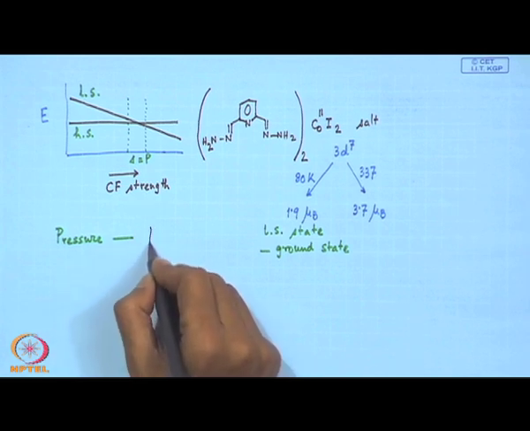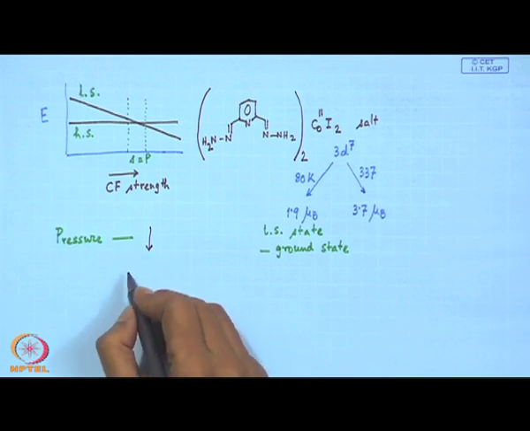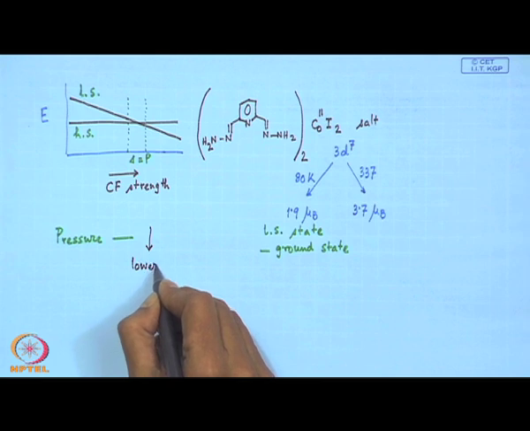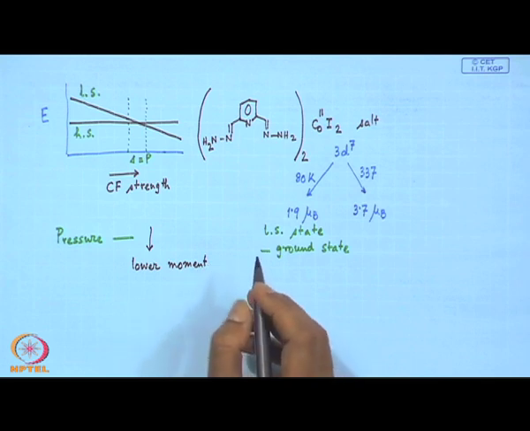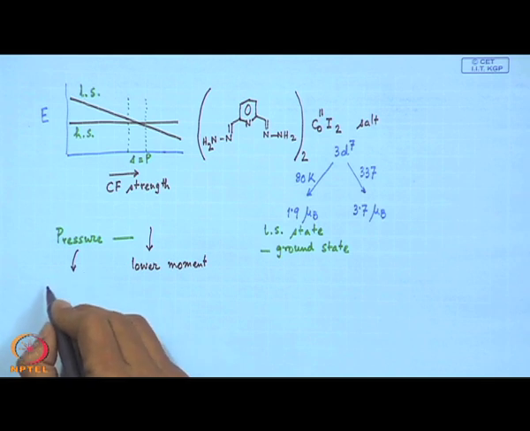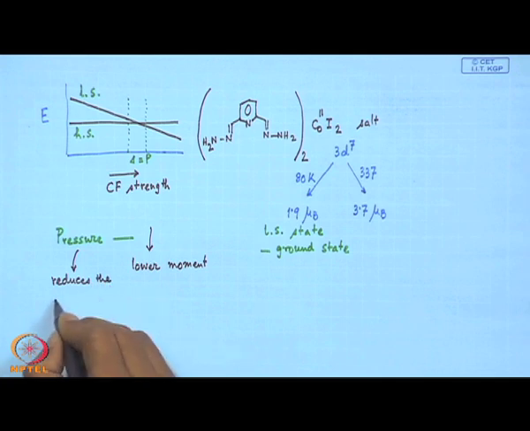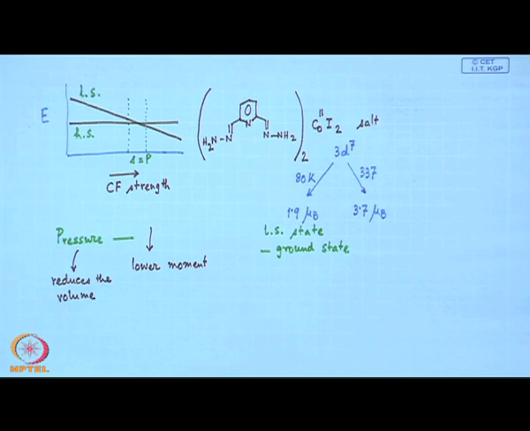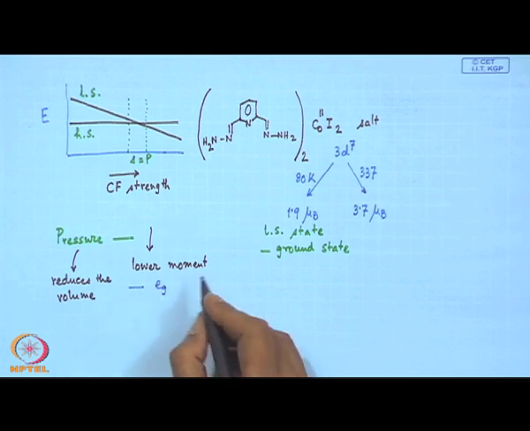So, when we put pressure on the compound and measure the magnetic moment, we get a lower magnetic moment, because the exerted pressure reduces the volume, which can be our molar volume or the molecular volume, and as a result the Eg electrons, which are directly facing the ligands,